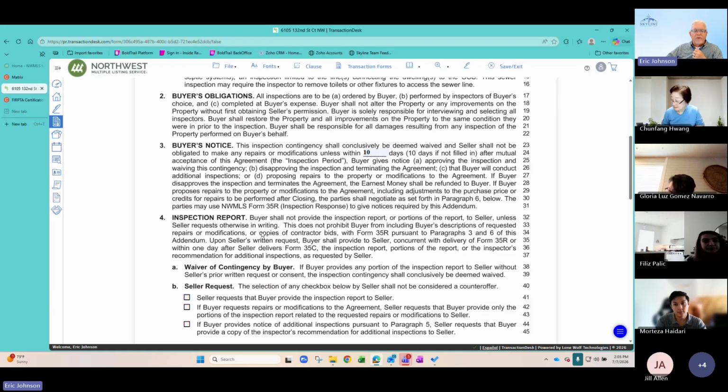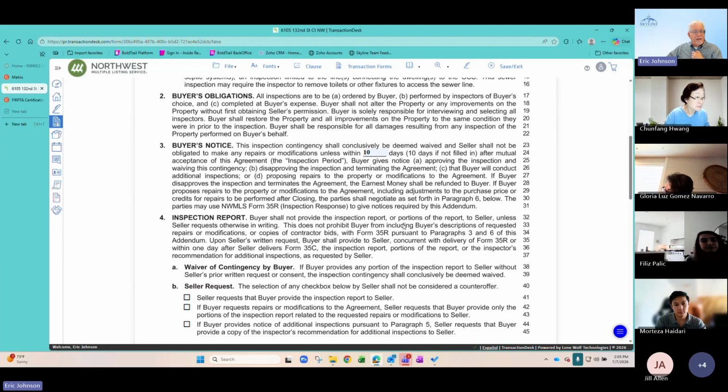because it means your client will have waived their inspection as soon as you deliver that. And then your buyer is going to be very mad at you for having sent that report over, because they don't know any better. So anyway, be really careful there. It does say, though,